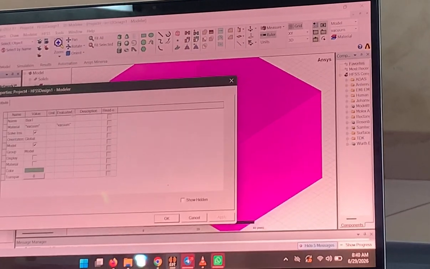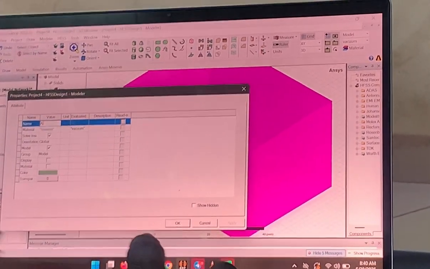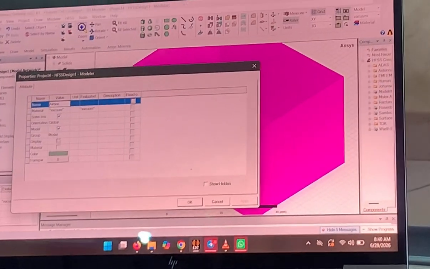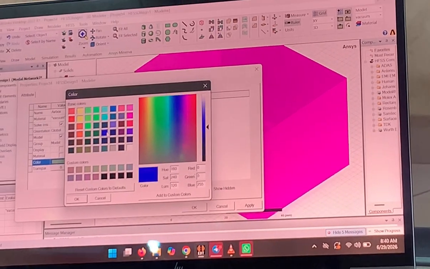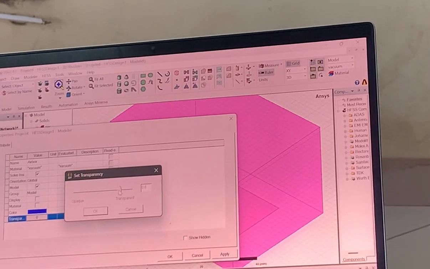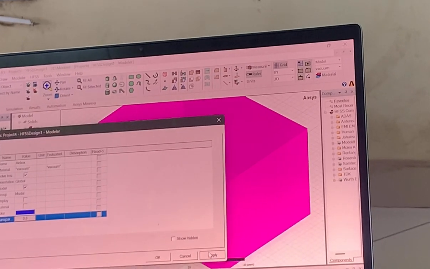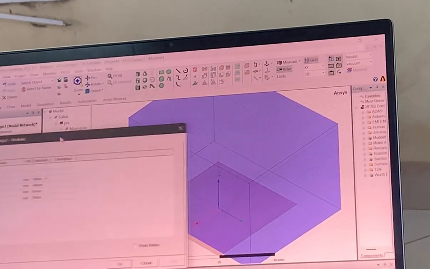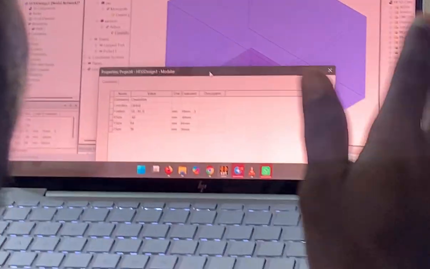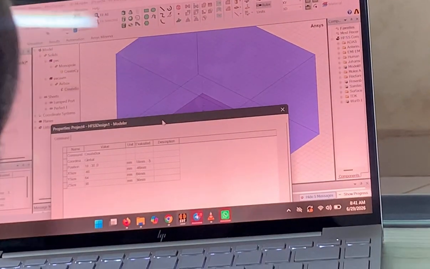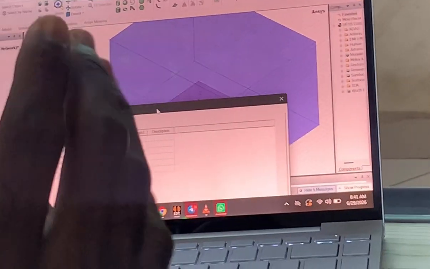Come and name it either rad box or air box. And then you let the material be vacuum because it's a space, and give it any coloring. And you increase the transparency so that you can see through the box. Now we want everything that we've designed to be lying perfectly well in the box, so we have to choose dimensions. Ensure that your ground is not outside the radiation box, it should be inside, and then your monopole should not be outside the